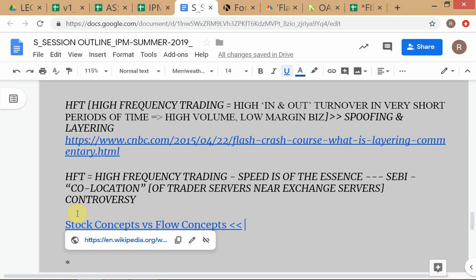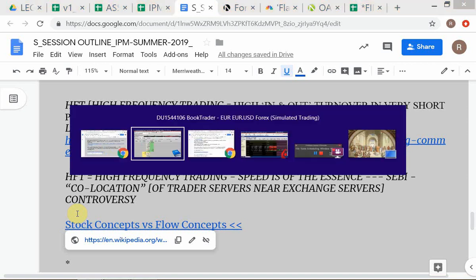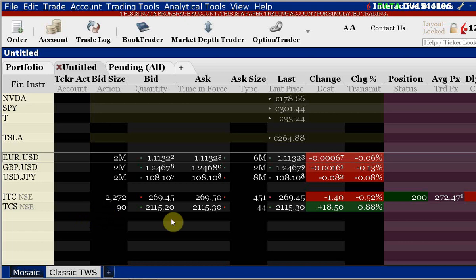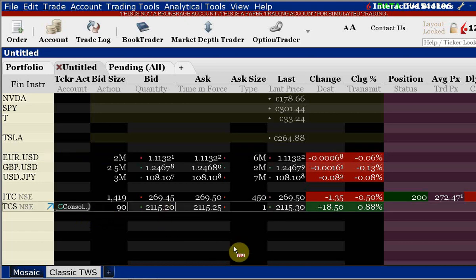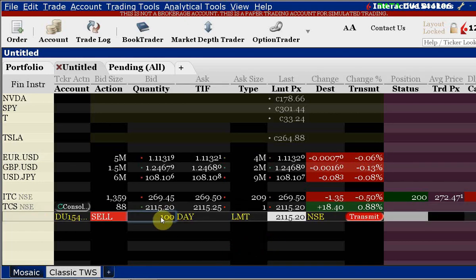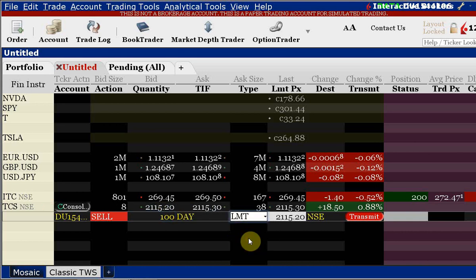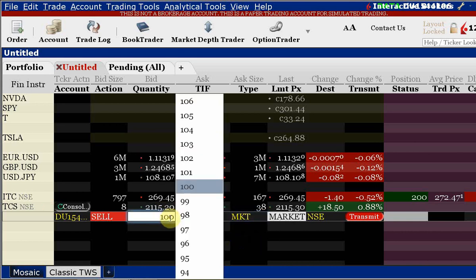Is everyone clear about what they have to do? The responses are not convincing. Is everyone clear about what they have to do? They have to try and buy and sell stocks. Sometimes, when you try to sell TCS, you might find that I just hit the bid because I want to sell. If I want to go for a market sell order, maybe if I want to go for